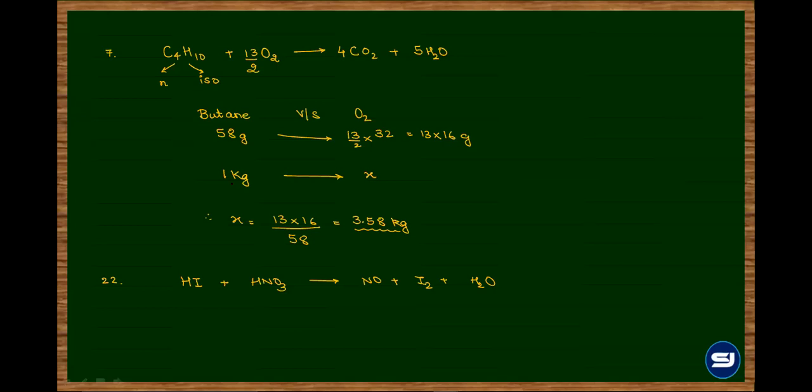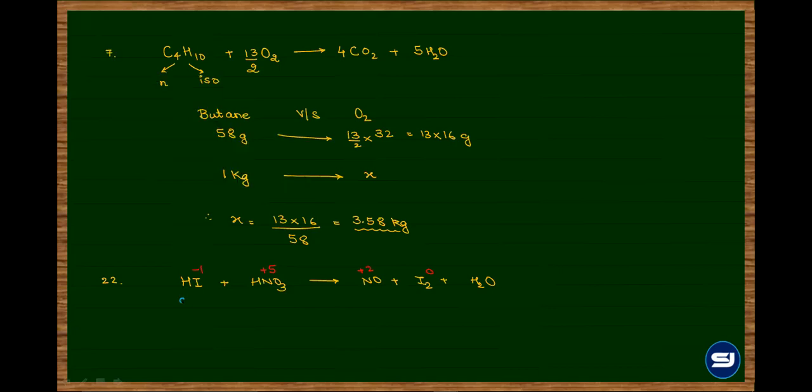Clear? So for balancing a reaction, we can use the n factor method, that is equivalence method, and for that we require the oxidation number. So your approach should be writing the oxidation state of iodine and nitrogen on both sides. Having written this, we can identify the change in oxidation number. For iodine, it is how much? 1. And for nitrogen? 3.